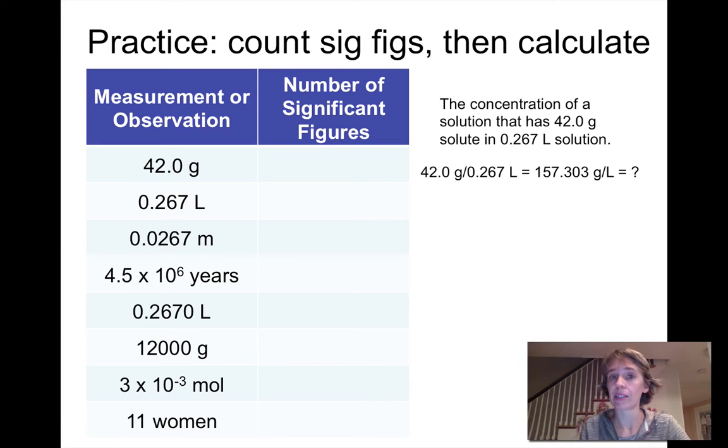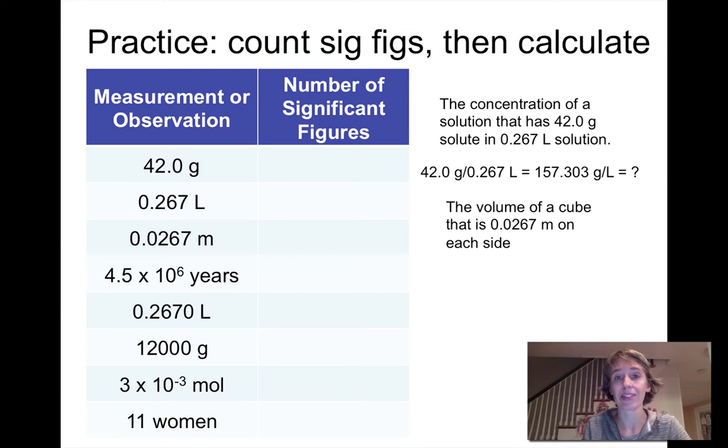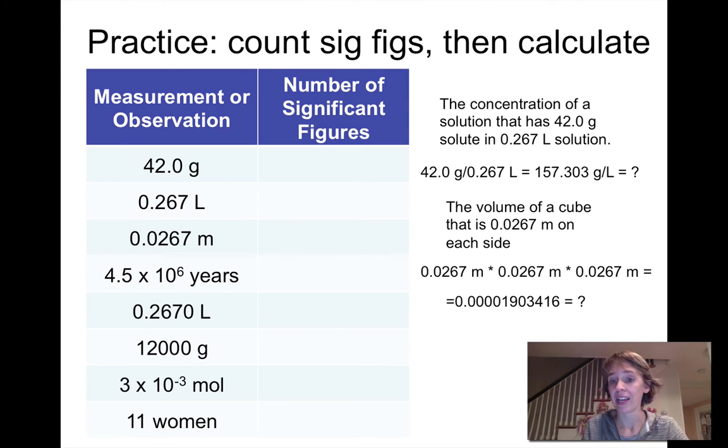What do we round to? Well, both the mass and the volume have 3 significant figures, so we would want to round to 3 significant figures. And that would give us 157 grams per liter. Let's try a volume. Say we have a cube that's 0.0267 meters on each side. The volume of that cube is the length cubed. And again, our calculator just gives us a whole mass of numbers,